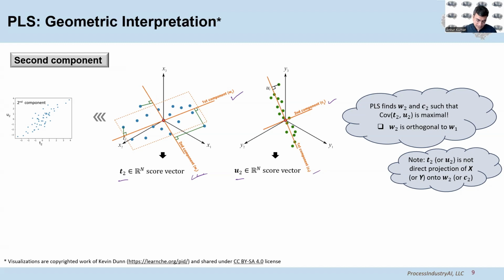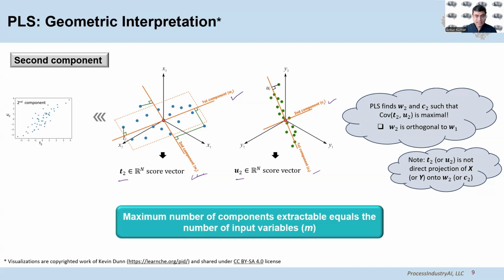Also note here that the original data samples are not directly projected onto the W2 and C2 directions to give us the corresponding score values. There's something called a deflation step that is involved, but we will discuss that in the next lecture. For now, what I want to emphasize is that since the components only in the X space are confined to be orthogonal, the maximum number of components that you can extract in PLS equals the dimensionality of the X space, which is given by the number of X variables that you are dealing with, which let's say equals